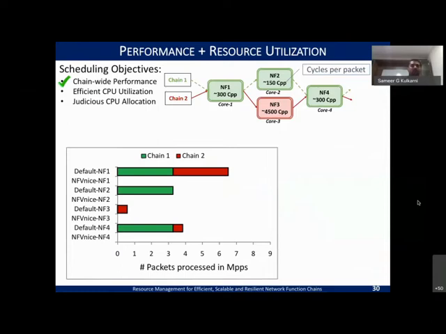So the takeaway here is that NFV nice was overall able to improve the throughput for all the kernel schedulers, right? So now we said we did it on one core. Now what happens if you were to deploy the network functions on different cores? And the same holds good with default as well as our scenario, where you can see this deployment scenario here, where core 1 is dedicated to NF1, while core 2 is dedicated to NF2, and likewise for 3 and 4.